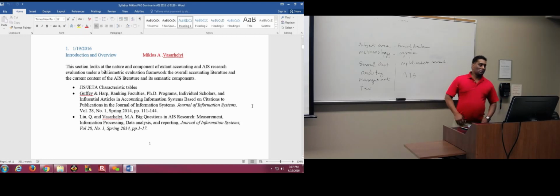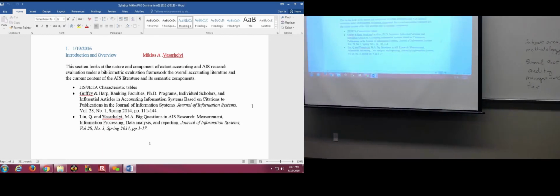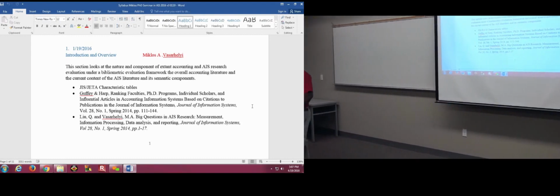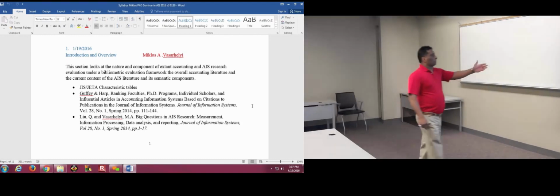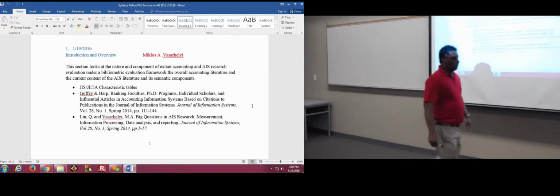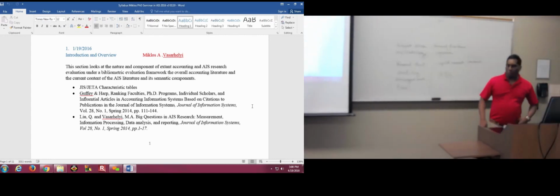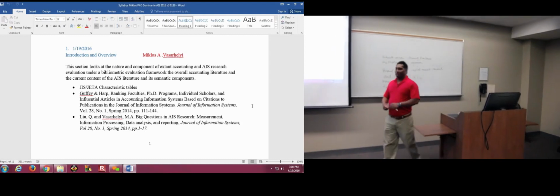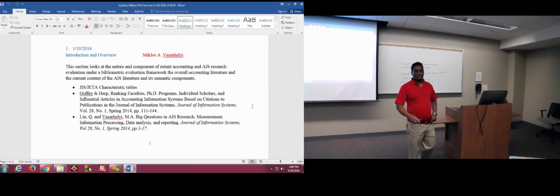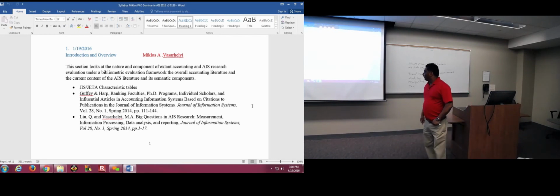He starts off in a somewhat strange way of starting a class like this, because what he's doing is talking about the literature of AIS. He's talking about what's called citation analysis, where you look at who's published what where. This is a somewhat smaller, narrow field of research that takes place in all disciplines, in the sciences and so on. Miklos is an expert in that. It's not a large area of research.